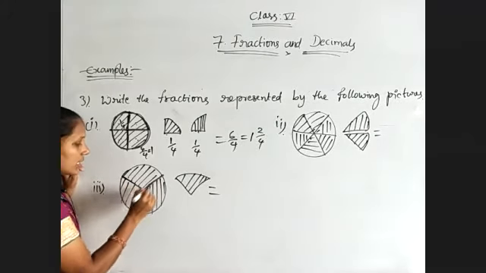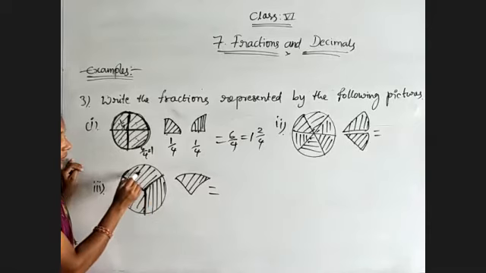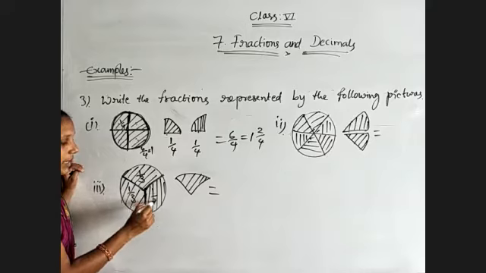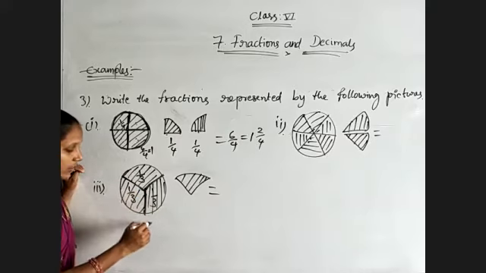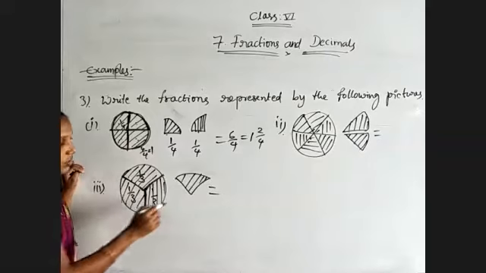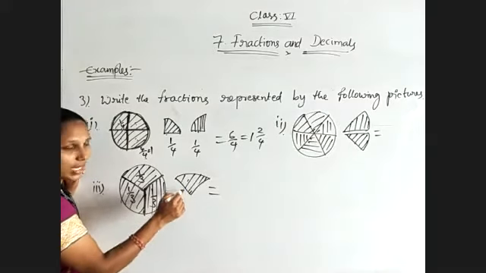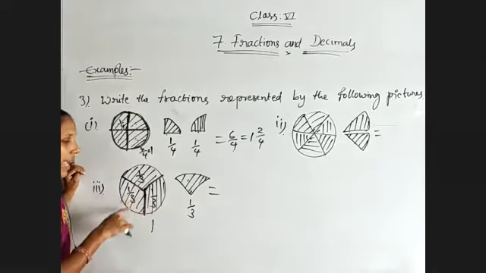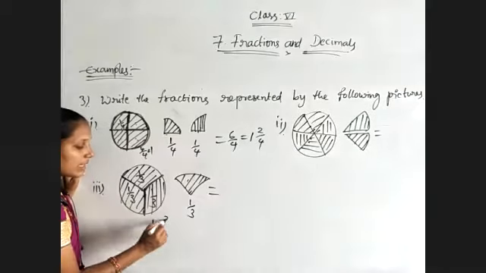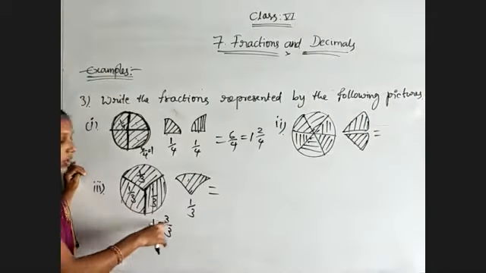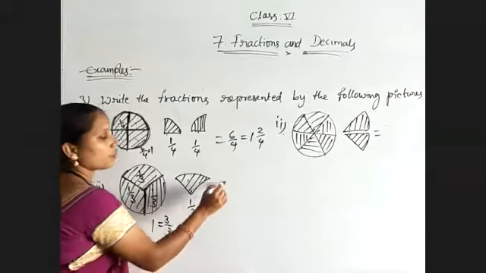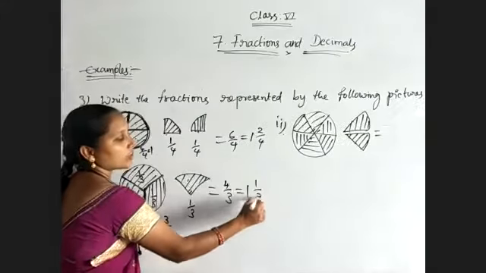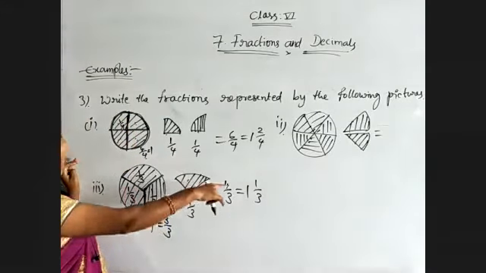See here, this circle is divided into 3 equal parts. So one shaded part is 1 by 3, 1 by 3, 1 by 3. Totally 3 by 3. 3 by 3 means one whole completely used. So here we know that this is only one part they are showing, that is 1 by 3. As a mixed fraction, 1 by 3 we will write. But actually 1 is nothing but here 3 by 3. Yes. So as an improper fraction, 3 plus 1, 4 by 3 we will write. As a mixed fraction, 1 whole and 1 by 3 we are using. Out of 3 equal parts, 1 part separately is there.